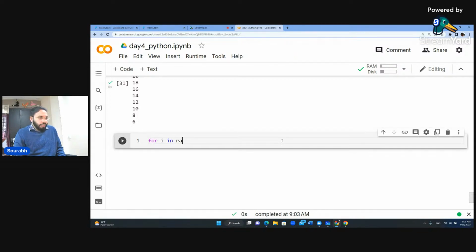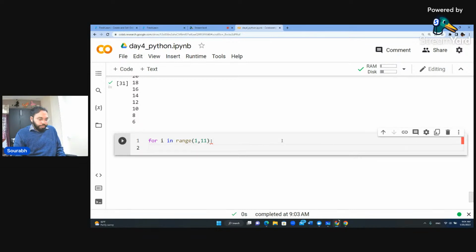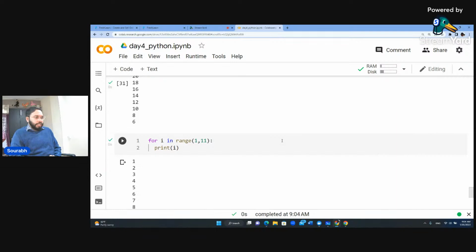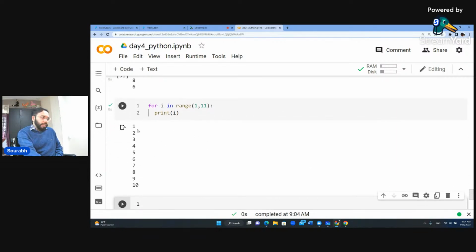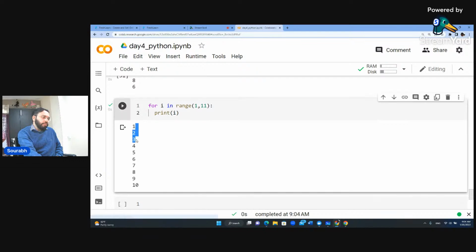For i in range, let's say 1 to 11, print i. Now, what will happen in this case? You will see that it is going to print the numbers 1 to 10, but you will find that it is printing vertically. I don't want it. What I want is for it to be horizontal. How can we do that? So, for this,